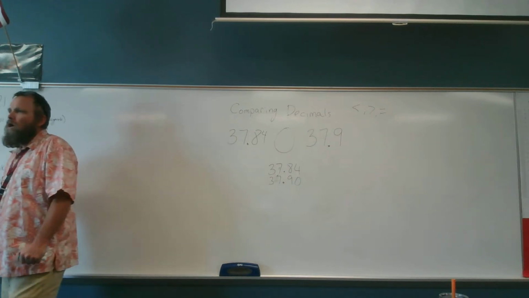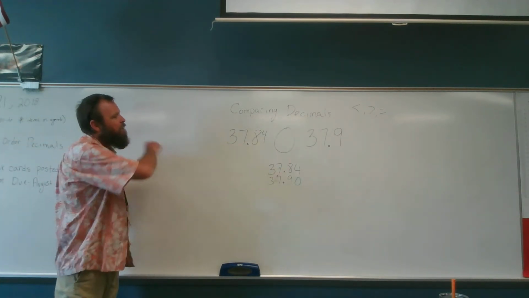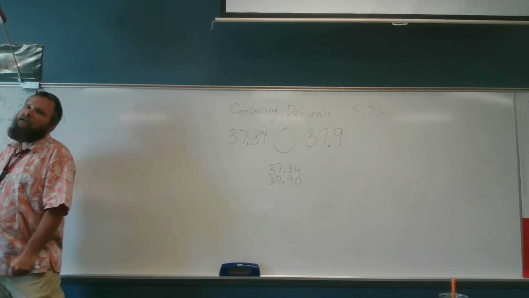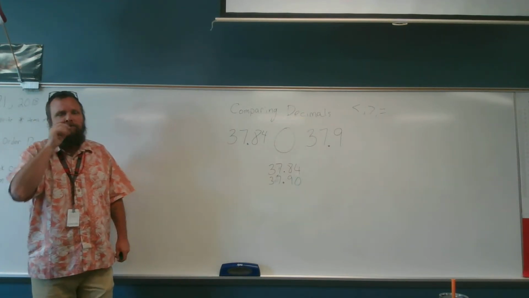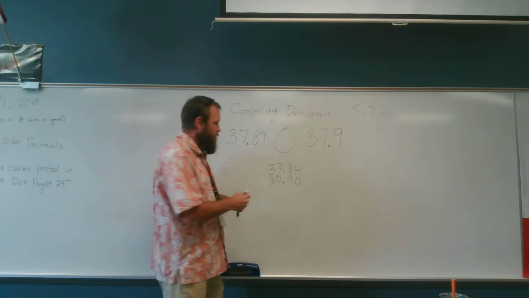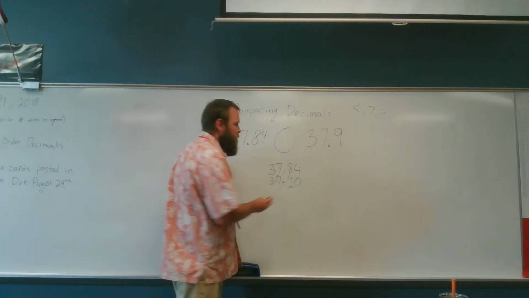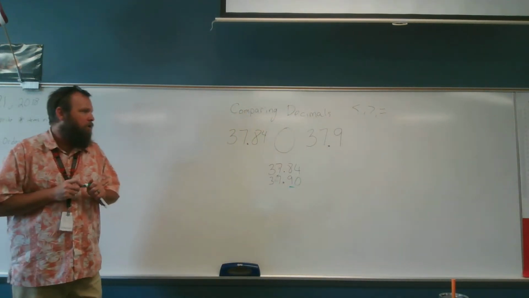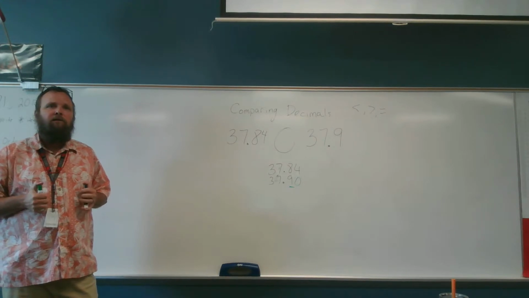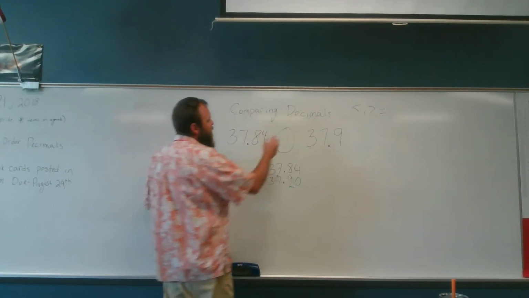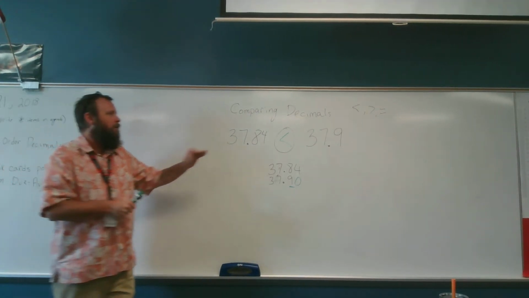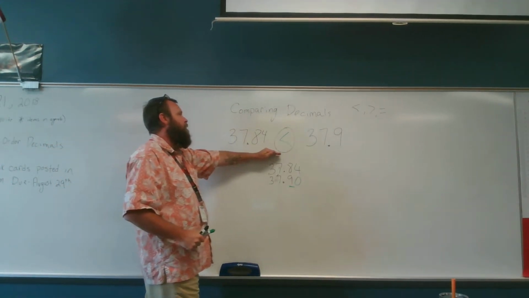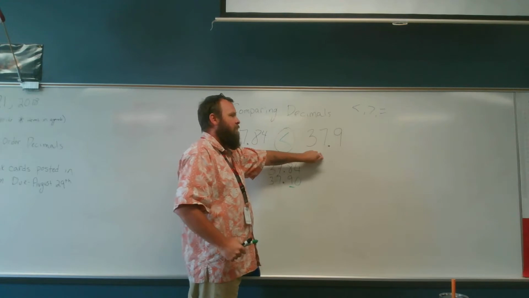Riley, what number is in the tenths place? For which one? Oh, so you're saying there's a difference. Good. So here's our first place where we have a difference. Which one is bigger of those tenths places? 9. Once I find the bigger number, that's telling me 37 and 84 hundredths is less than 37 and